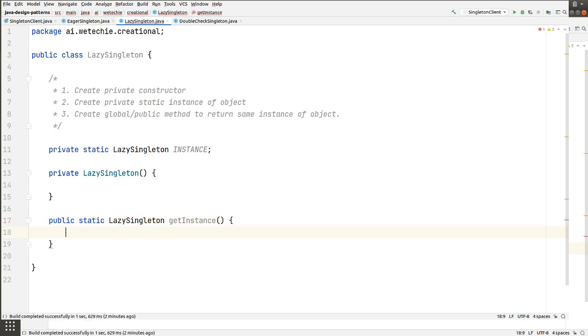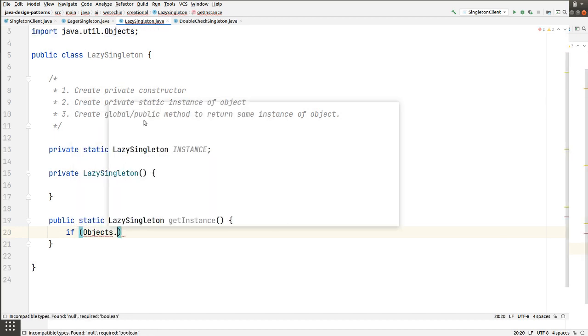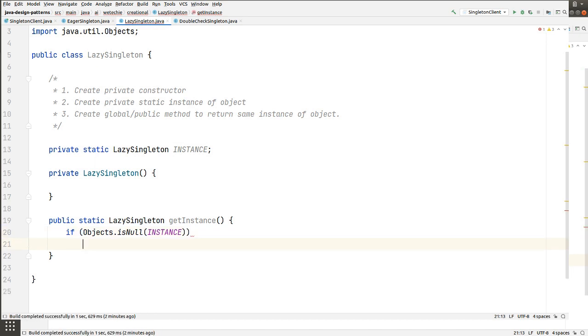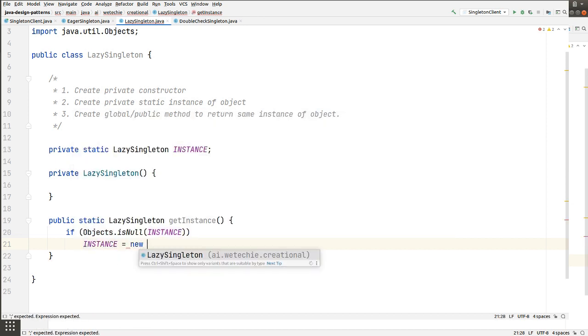Now inside this we will first be checking whether this instance is null or not. If it is null, then only we will be creating an object of the current class, which is lazy singleton, and we'll be returning it back to the caller method, new LazySingleton.